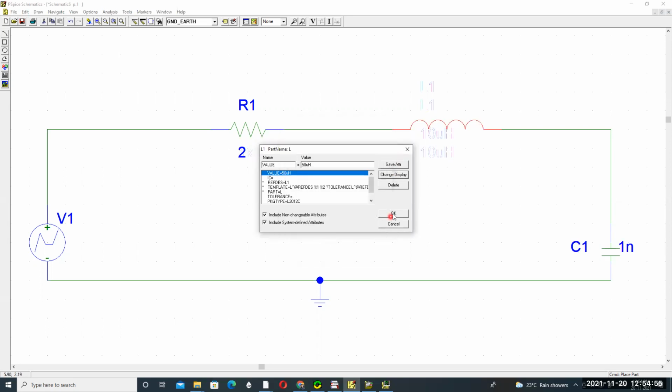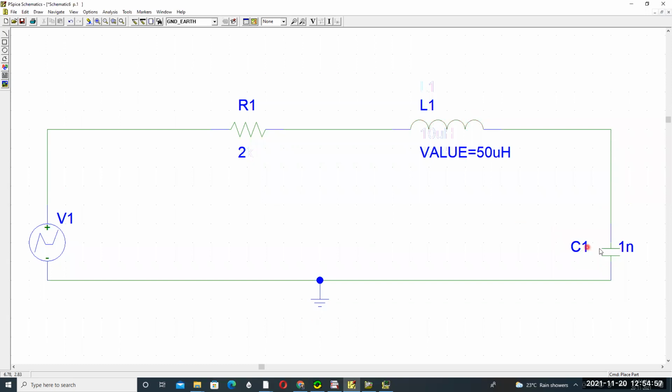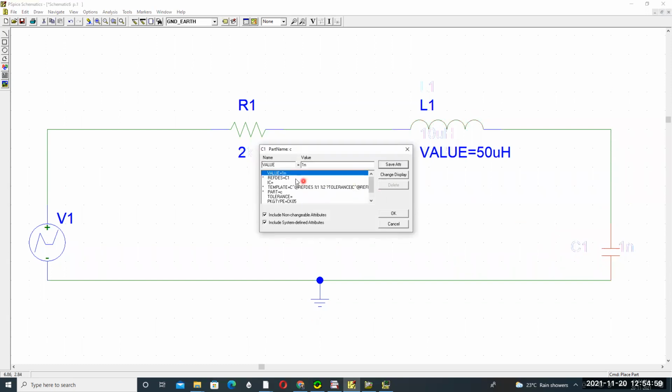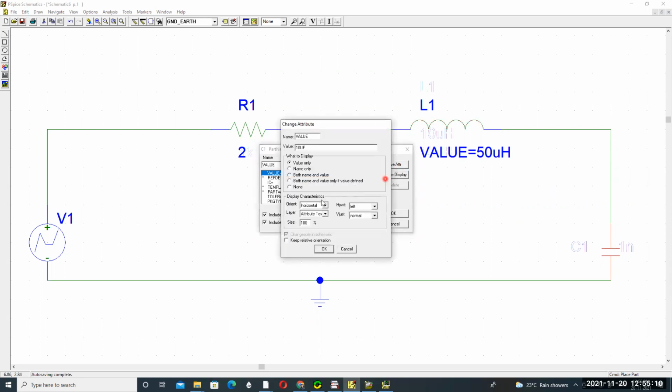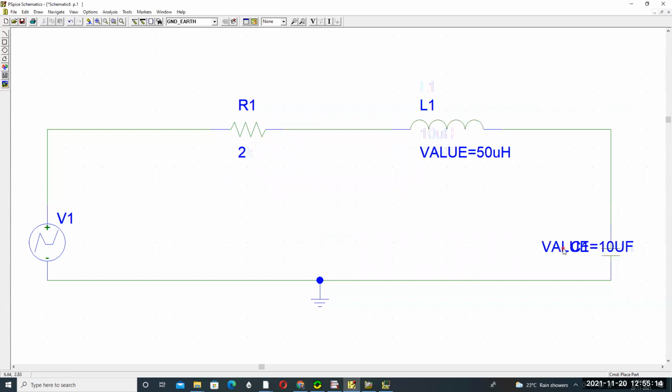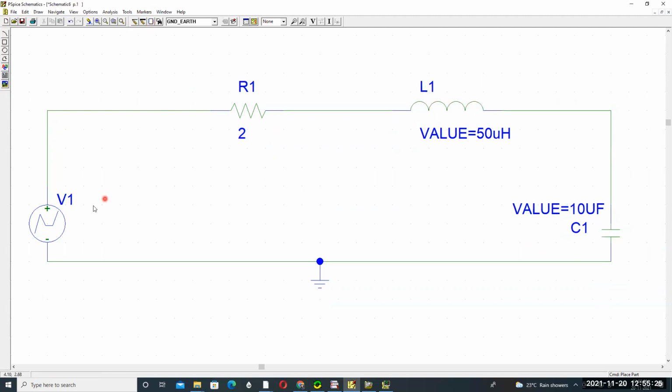And here the capacitor value is 10 microfarads, 10 uF. Save, change display to both name and value, and you will get the display like this. So this is the value of the capacitor, 10 microfarads, and the value of the inductor, 50 microhenry.